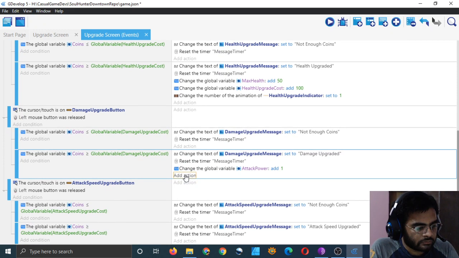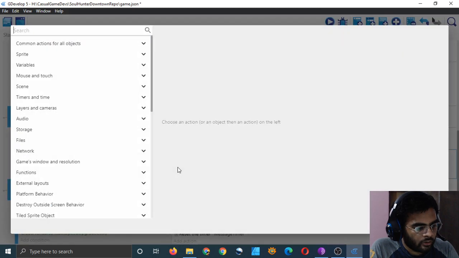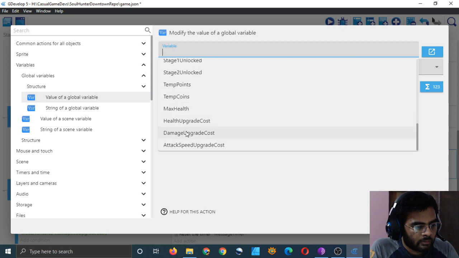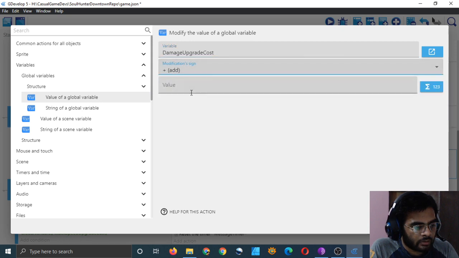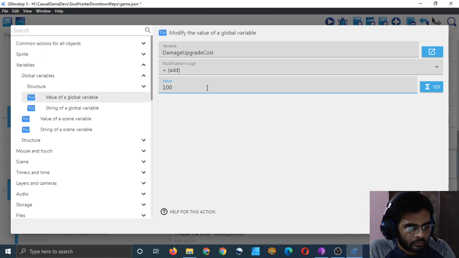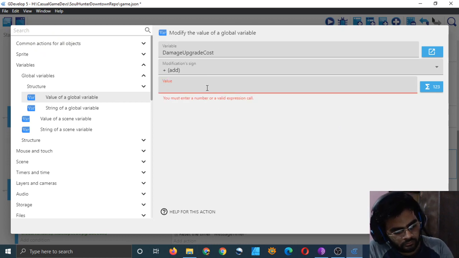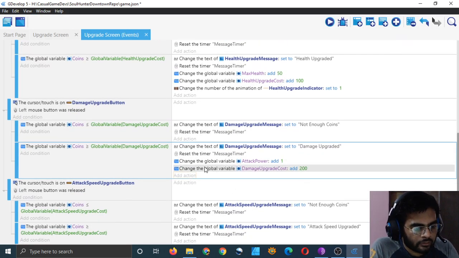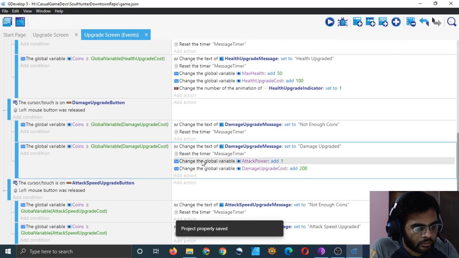And the upgrade cost, damage upgrade cost should increase as well. Damage upgrade cost plus, I don't know, 100, or I guess 200 even, just to make it a little different, right?